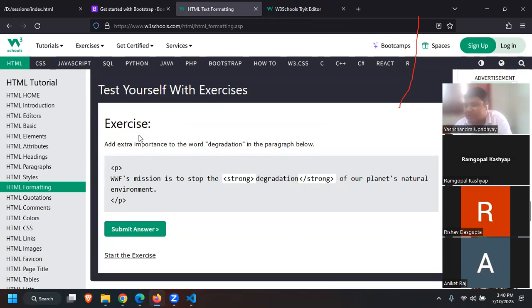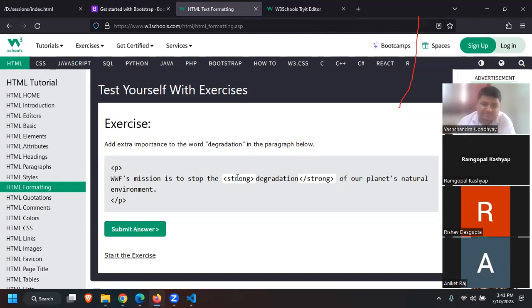Now the point of doing exercises is that if you are doing exercises, then only you will be able to remember what these tags are, because remembering the tags is a really hard thing, right? If you have some kind of practice, and the exercises make you think, then let us say in future you have a question where you want to make a particular line or particular word strong. You have already practiced it here, so it will become really easy for you to follow along or